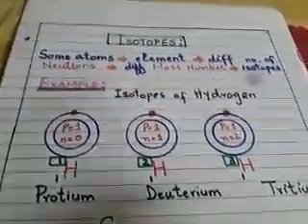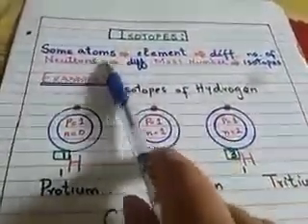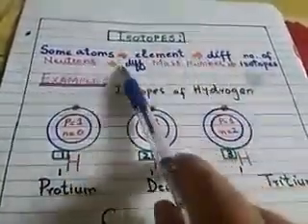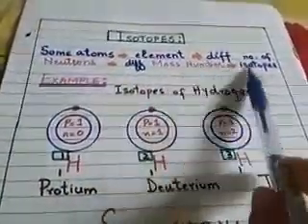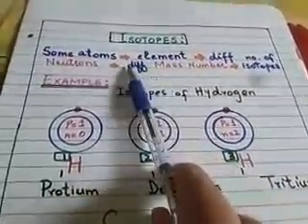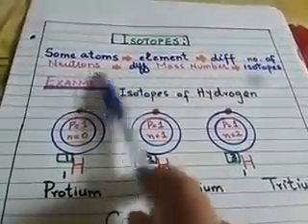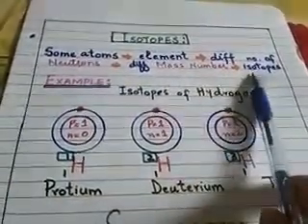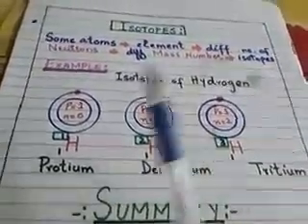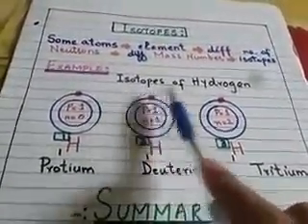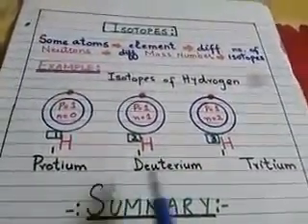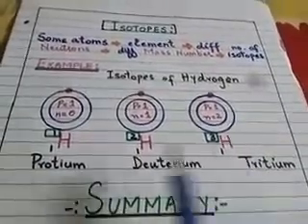So how can we define isotopes? Isotopes are atoms of the same element which have different number of neutrons, hence they have different mass number. So simply, isotopes are atoms which have different number of neutrons in their nucleus, so they have different mass number. Different elements have different isotopes. Here we will discuss the example of isotopes of hydrogen atom. Hydrogen has 3 isotopes: protium, deuterium and tritium.